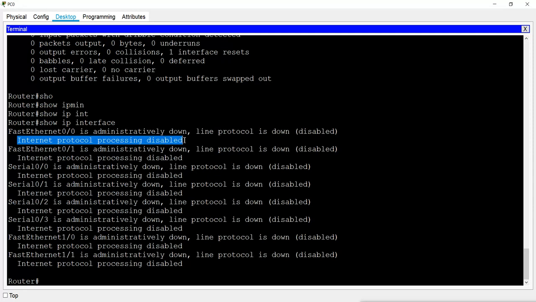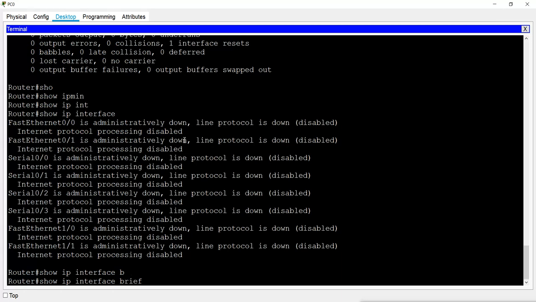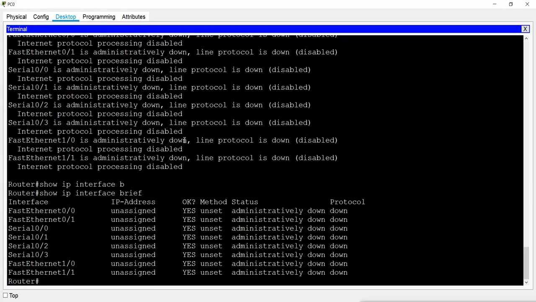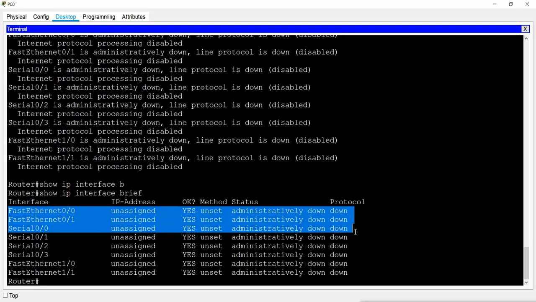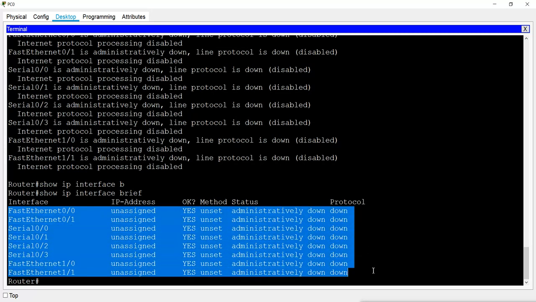But if it is configured, then it will show you the detailed information. Now if you want to see the brief information, then you will give show ip interface brief. And here we are seeing that all our interfaces are unassigned, unset, administratively down, and down.